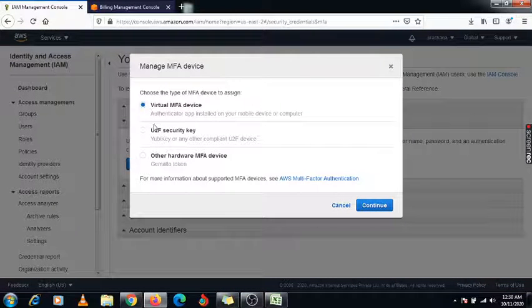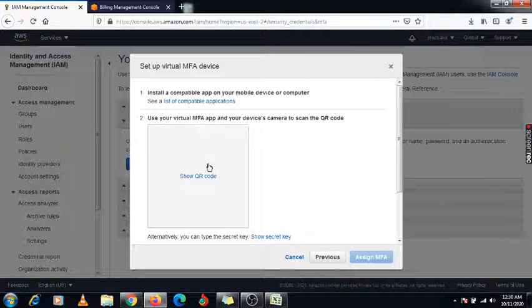So first I am trying to access and activate this MFA. There are three options provided, that is the virtual MFA device. If you click on it, a scanner will display, and if you have downloaded Google Authenticator, you will directly scan this scanner and you will get some code. That code you need to put here and you can create it.